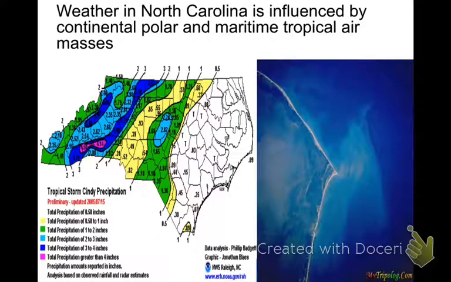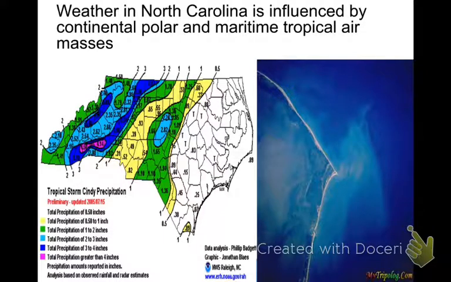And this is finally the answer for why North Carolina has such bipolar weather. Don't write this down, but North Carolina is influenced by a continental polar air mass. So we have an air mass up in Canada, and Canada is dry, so we give it continental because it's land, and it's closer to the poles, so that's why it's P for polar. So we have a CP air mass right above us.